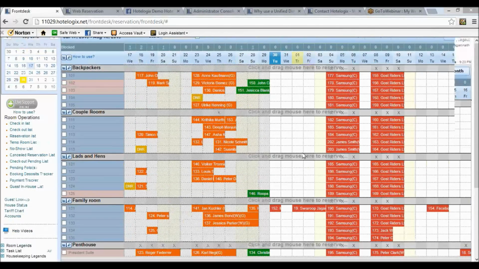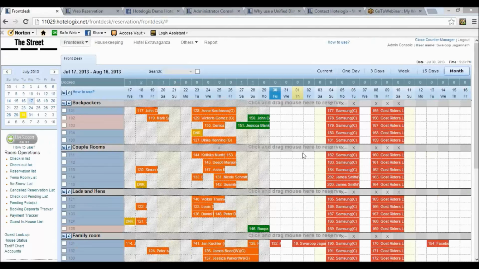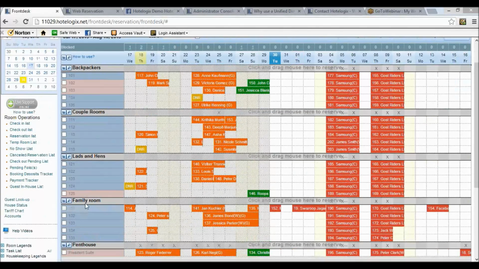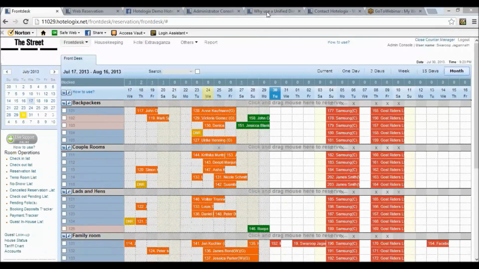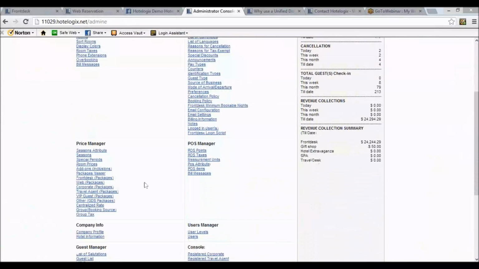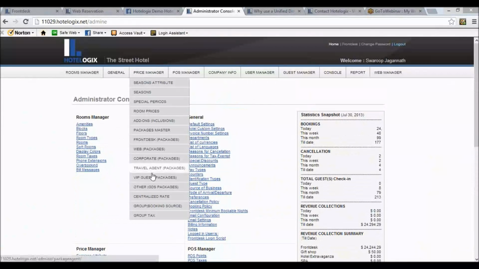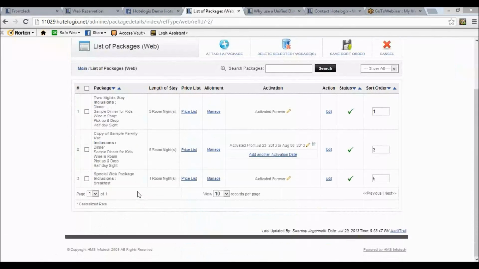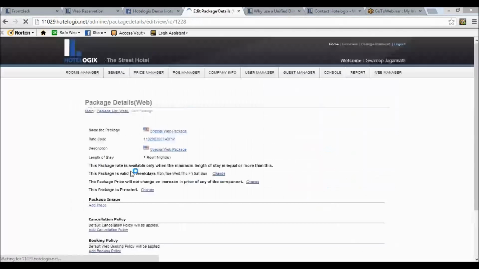Now let me just quickly go ahead and change the rates for one of the rooms. Let's change the rates for a family room. So I quickly go into my admin console and change the rates. So here I'm in my packages. I have a special web package and I want to change this. So let's say I have priced my